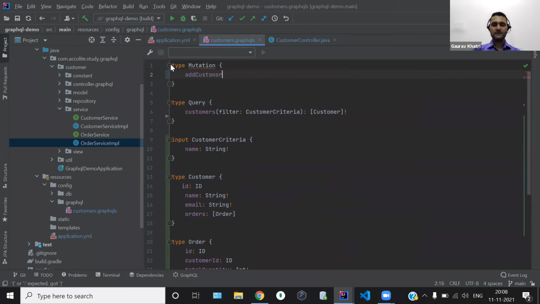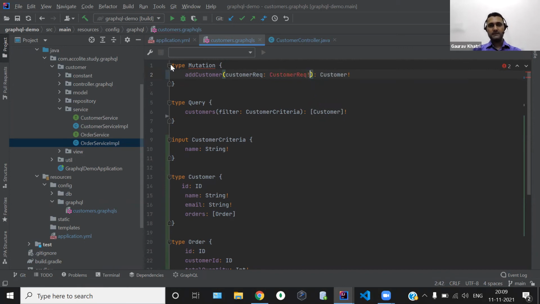We will type add customer, and we will take two input requests in terms of name and email. In return, it will return the customer data type again, and that will be non-nullable. Now let's define the input request in terms of customer request, followed by the data type of customer request.